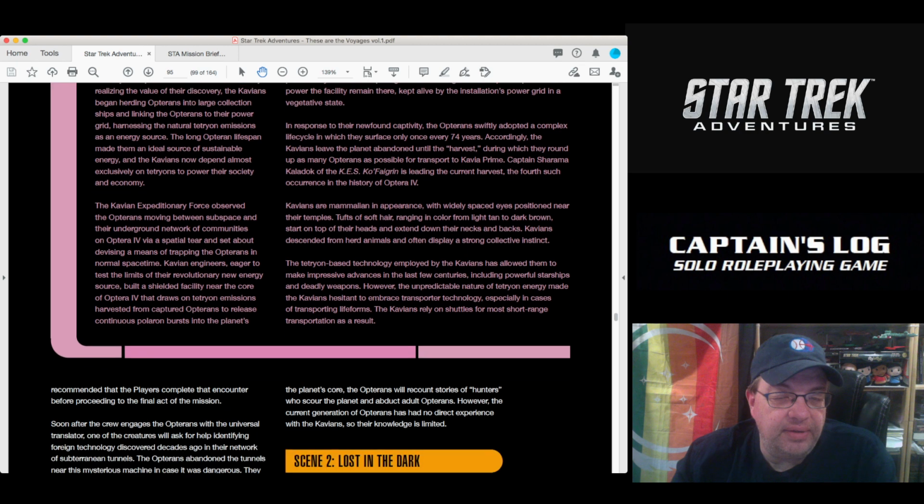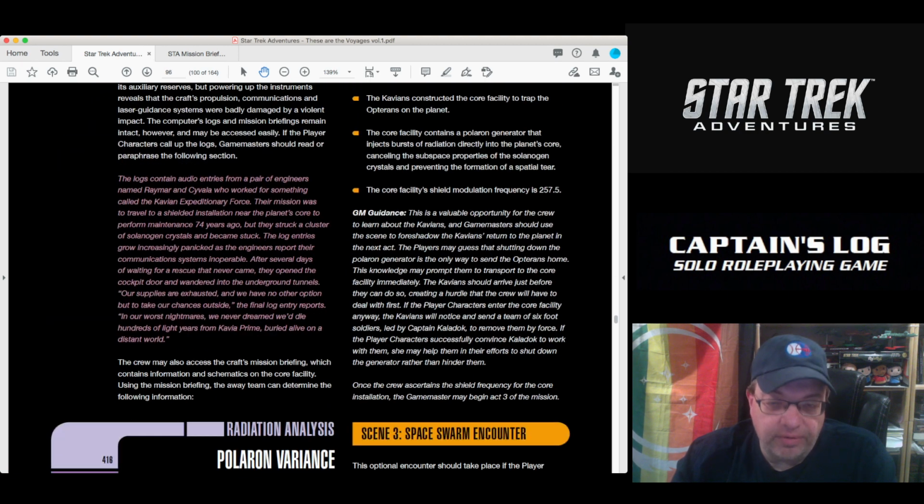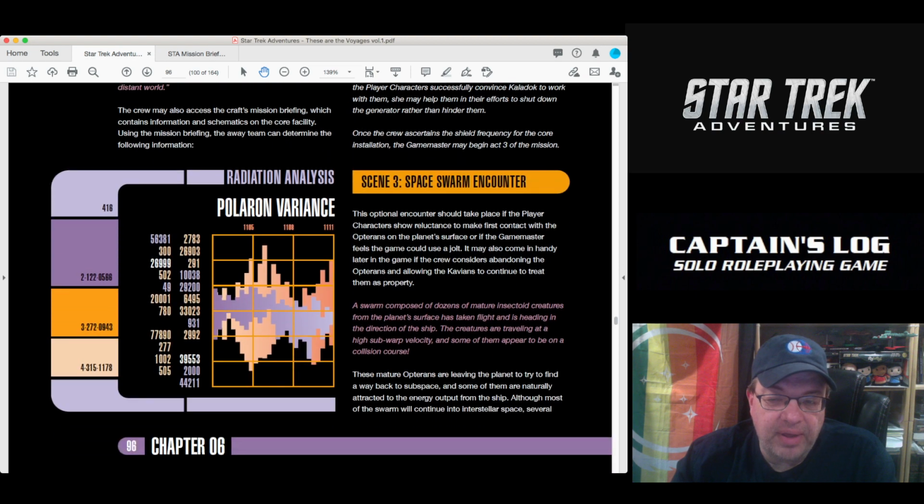So anyway, again, Scene 2, Scene 3, we're just working through here. We've got another potential encounter. And again, encounters are an opportunity to have combat, but if you are like a lot of other Star Trek Adventures players or Captain's Log players, they somehow, like a lot of the groups I've run with Star Trek Adventures, and even in homebrew systems and other Star Trek games, players tend to find a way, at least in my experience, players tend to find a way to find the diplomatic solution and avoid combat, which is great most of